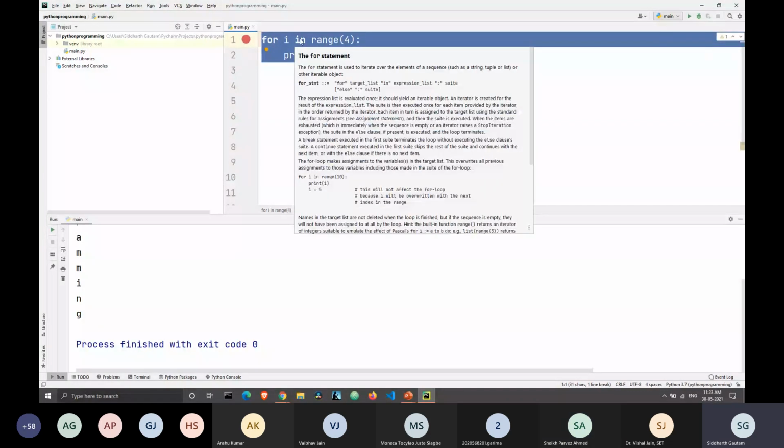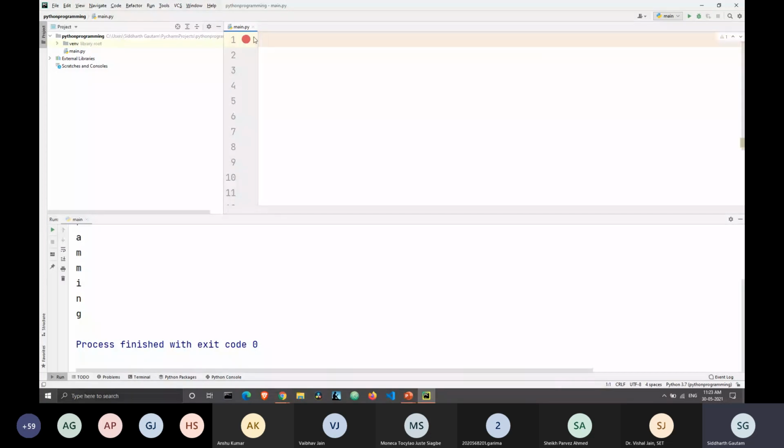So let's say our first question is that I want to display all the odd numbers between some range. Let's take the range from 1 to 10, and I want to display all the odd numbers in that range. So I will write a for loop: for i in range.